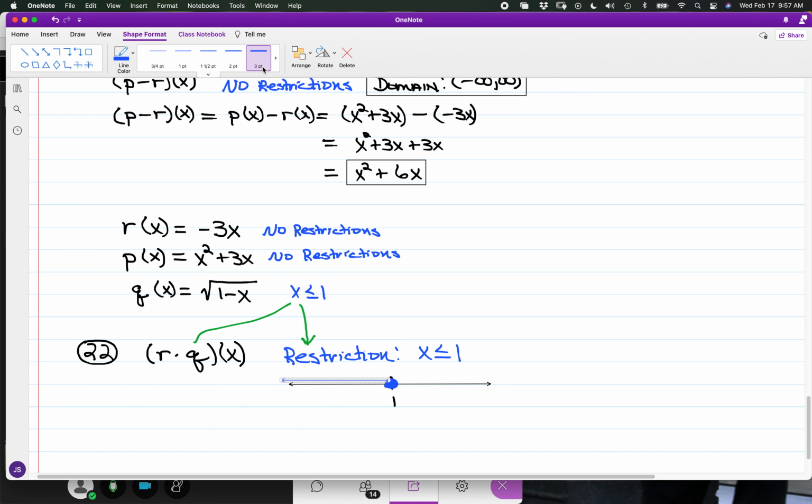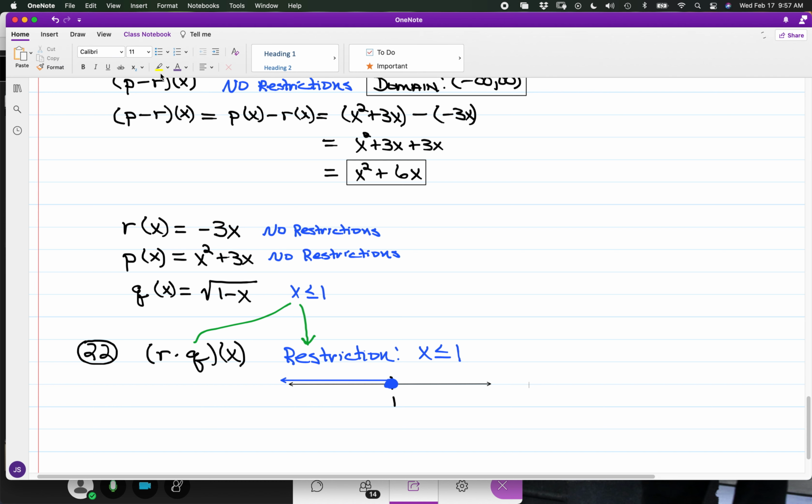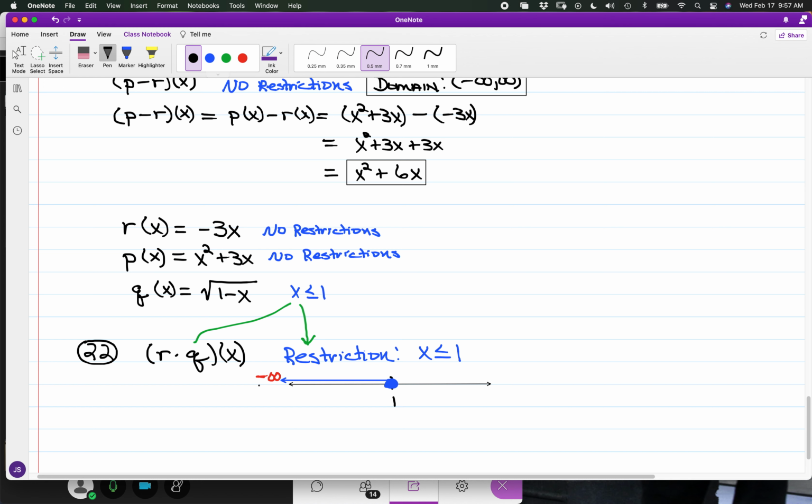So you have a ray that's going to go continuously to the left, out in the direction of negative infinity. So for the domain of r times q of x,